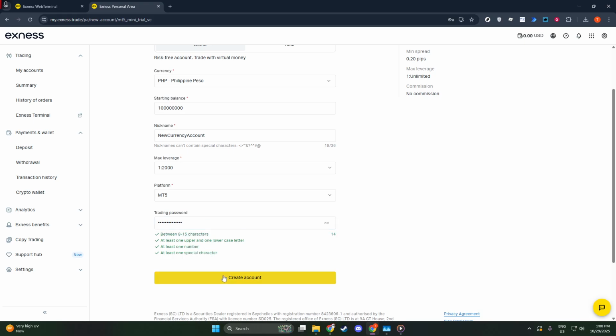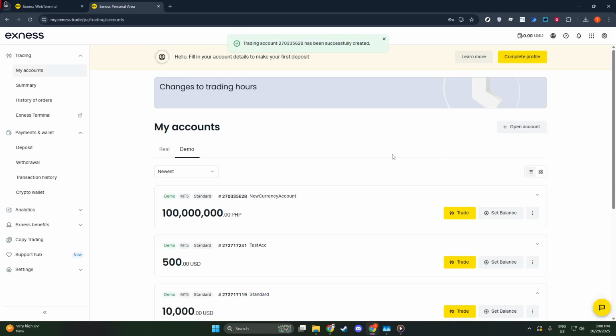So there you have it, a straightforward way to change your Exness account currency by creating an entirely new account